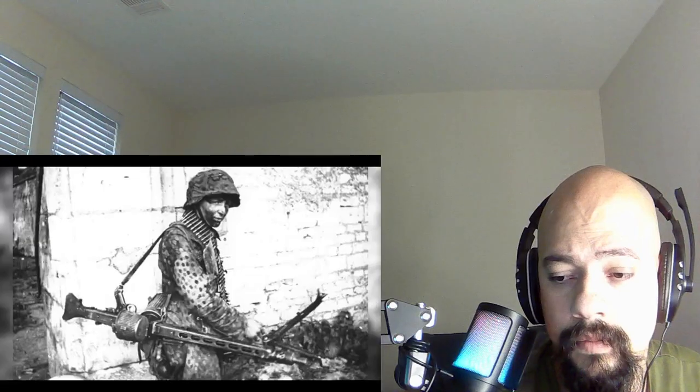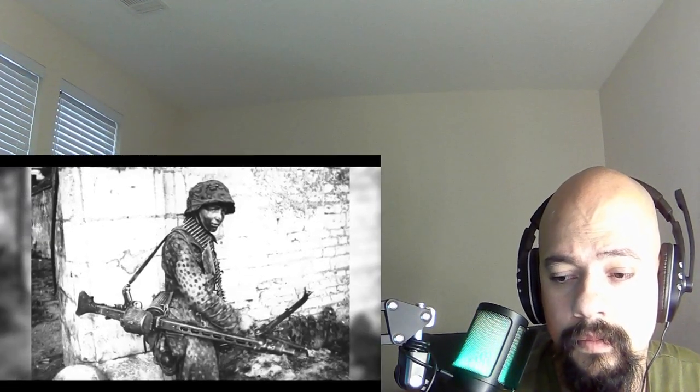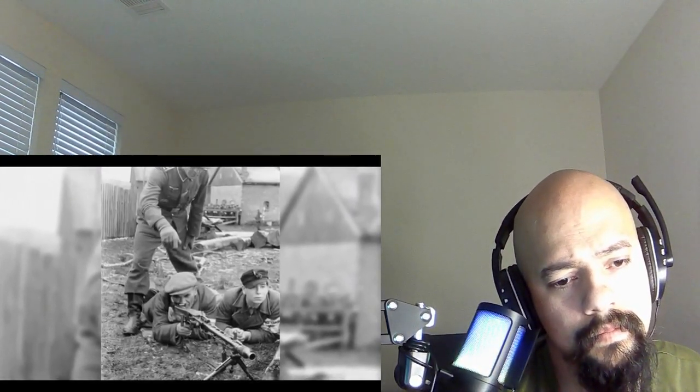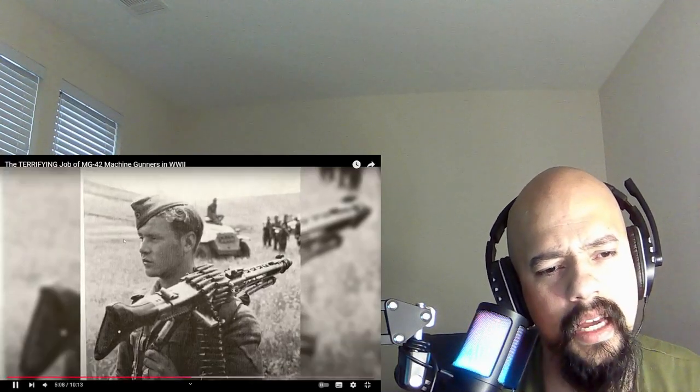The MG-42 could be used in both light and heavy roles, mounted on a tripod or bipod, or even fired from another soldier's back or shoulder in emergencies. In the light role, it was employed in the standard 10-man configuration. In medium and heavy roles, however, 2 or even 4 squads could be combined, each armed with one MG-42. A horse and wagon were usually used for ammunition transportation due to its immense...